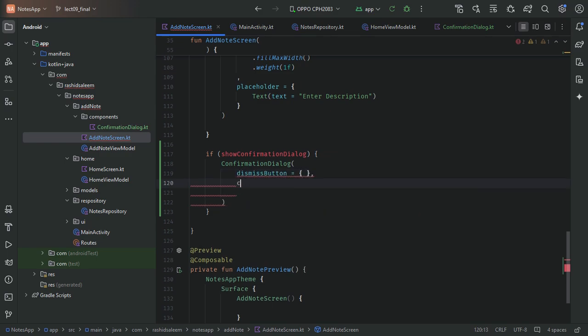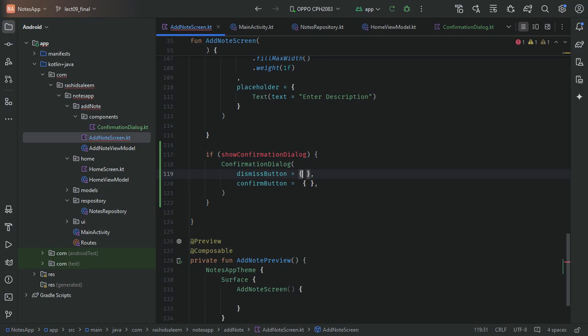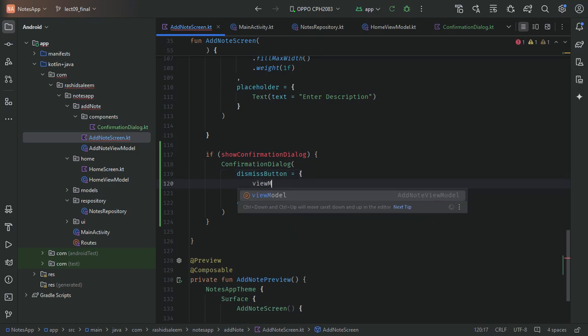Dismiss button on click and confirm button on click, and in here we will call the method